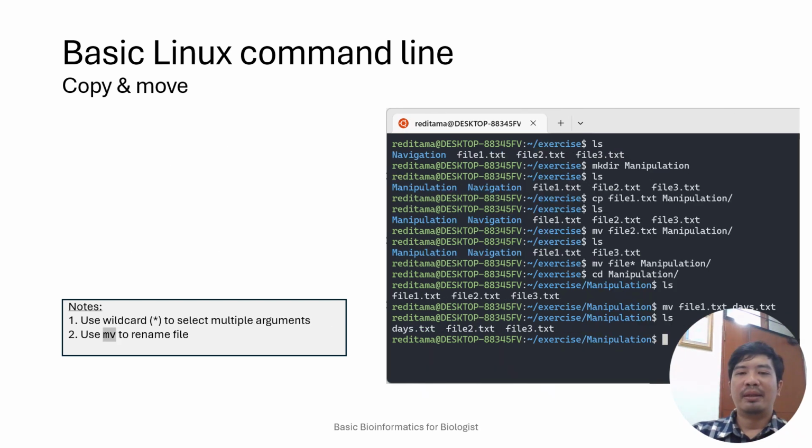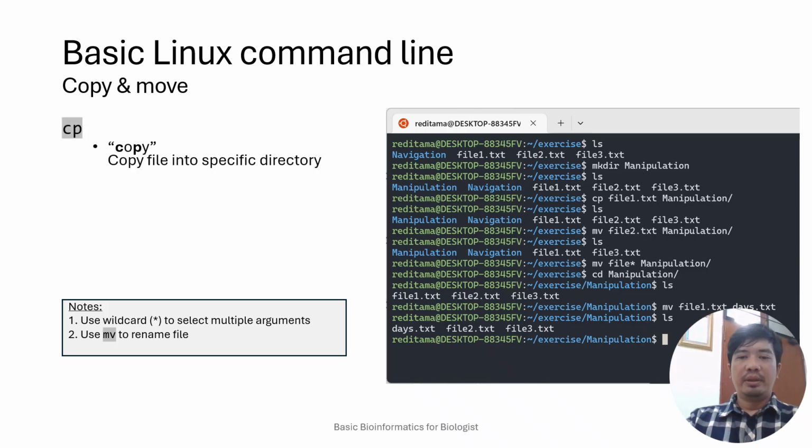And then these are the commands to copy and move files and folders. For example, you are in this exercise folder, and you want to copy file 1 into another folder. Yeah, you can use the command and arguments like this, and then if you want to move, it's basically the same as copy, but